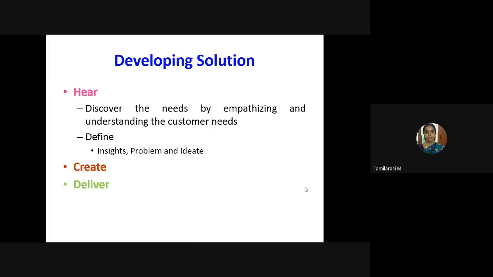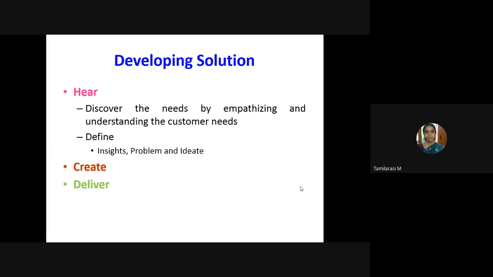So how do you develop the solution? Normally, based on the needs. If you are developing some project but it is not at all used by anyone, then there is no need to develop it, right? If nothing is useful, then why are we spending time and money to develop it? Even if it is an innovative idea, there is no need to develop it. Your idea may be new, but if the needs are not there, then there is no need to develop that project.